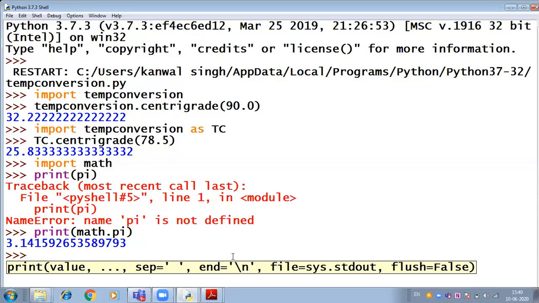In the same way we can import multiple functions also. How? From math, right? Import pi, comma, sqrt.